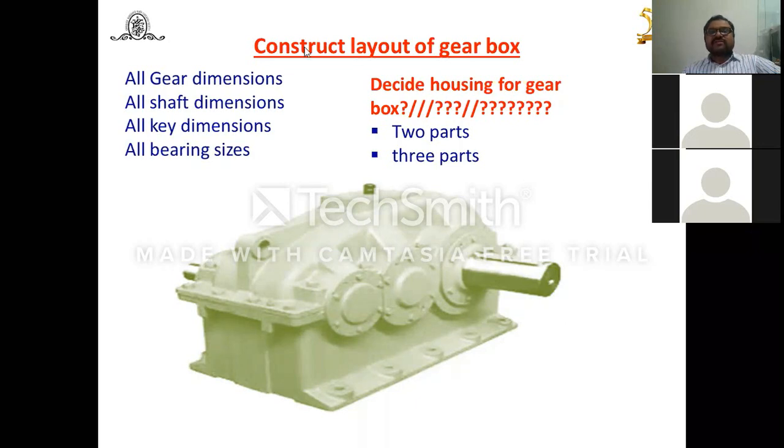So now here, once you have constructed, you will get the idea about the housing. Again here in this case, the housing is in this way, but you have a choice. You can decide in a number of ways also. For that purpose, different manufacturers' catalogs, gearbox manufacturers' catalogs, are available. You can refer to these catalogs. Accordingly, you will get the idea about different layouts of the gearboxes. Accordingly, you can plan here. But when do you have to plan? Before starting the gear design, before starting the shaft design.